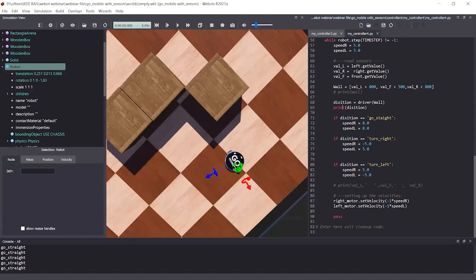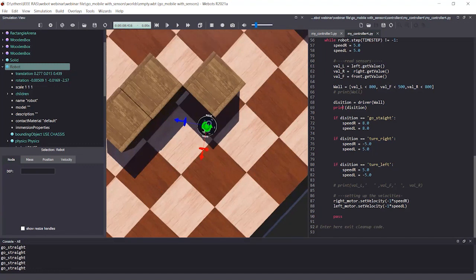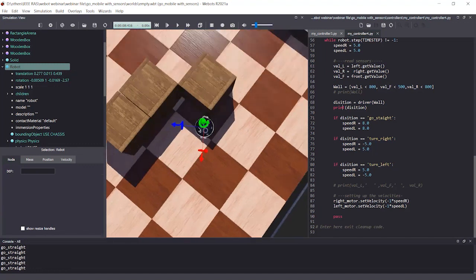Rotate this like this, and let's put the robot here and the driver to drive. Okay, the driver says go straight, and then return left. Somehow, what's happening here is the driver doesn't see a wall ahead, so he said go straight. But still, the robot is not in the correct orientation to go straight. So we need to deal with that as well. So how to deal with these things?